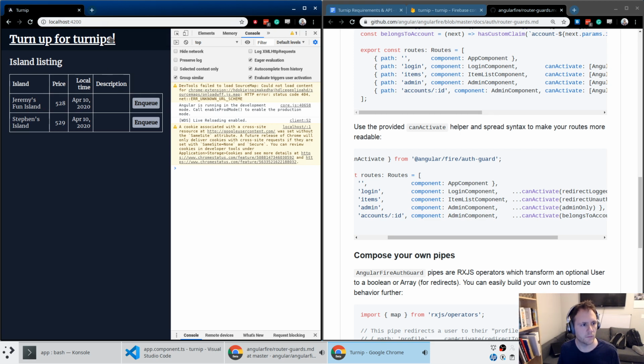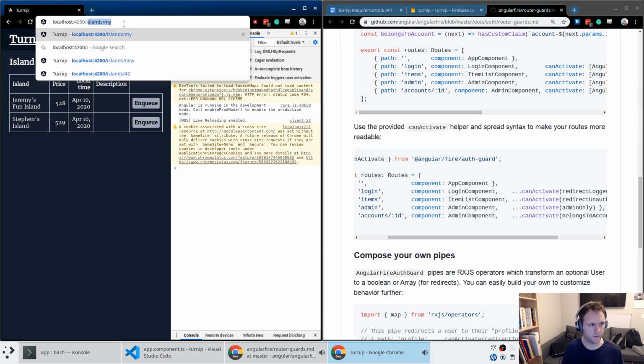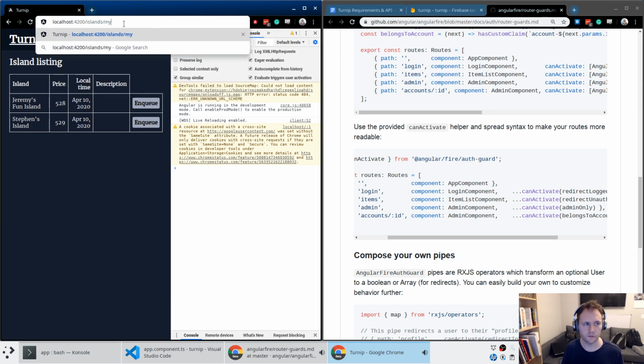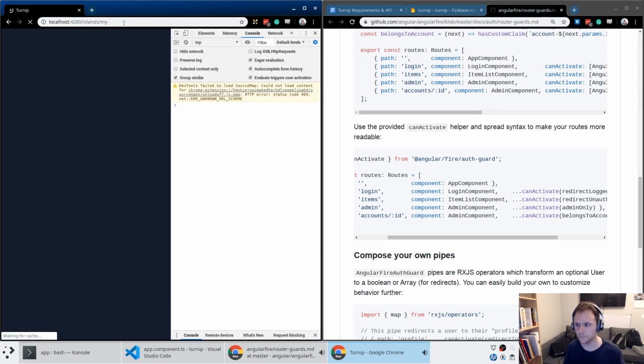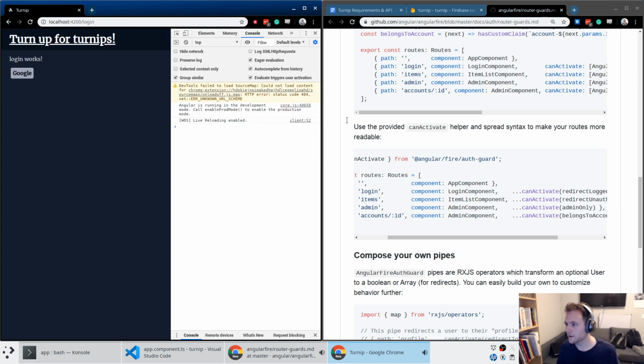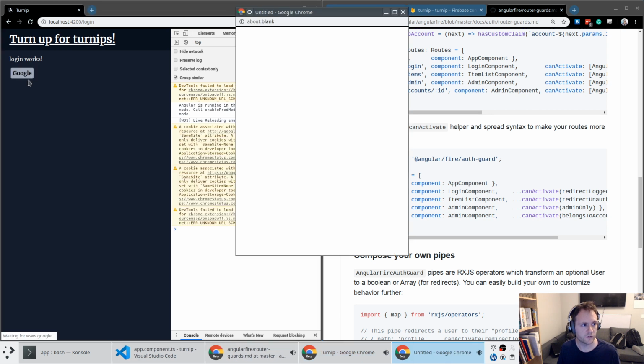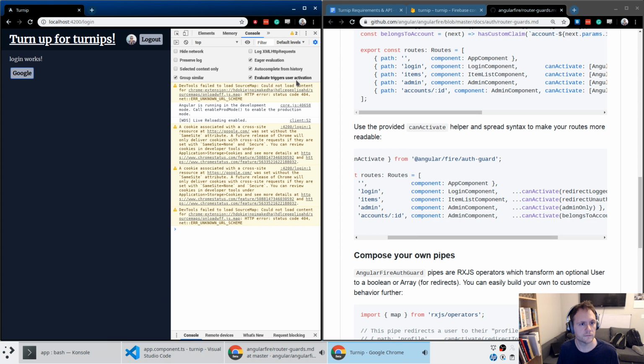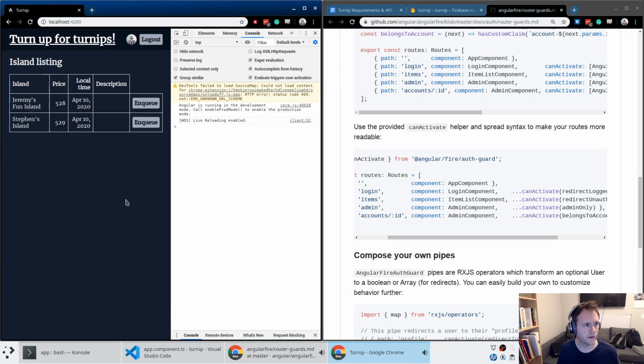So let's actually try out this again. Let's go to island/my. This should forward us because I'm not an authorized user right now. And then login works, so I'm forwarded to the login screen. I log in with Google. And I get forwarded to the home page. Not quite. I can add a manual subscribe on that page, but I think overall things are working